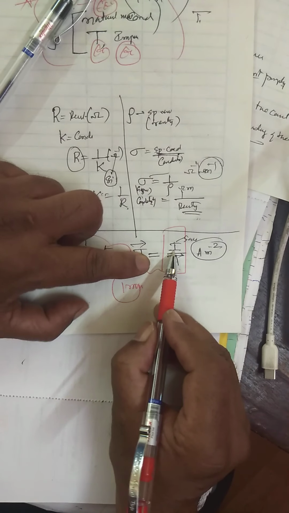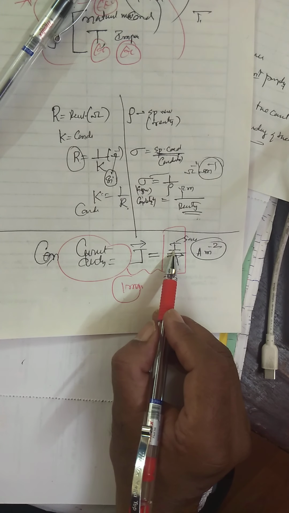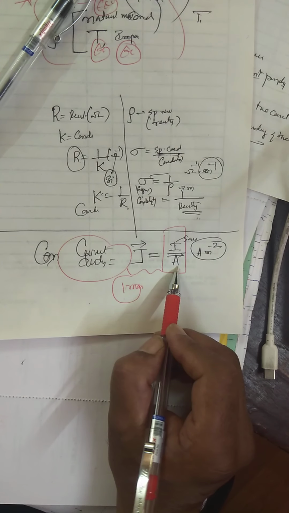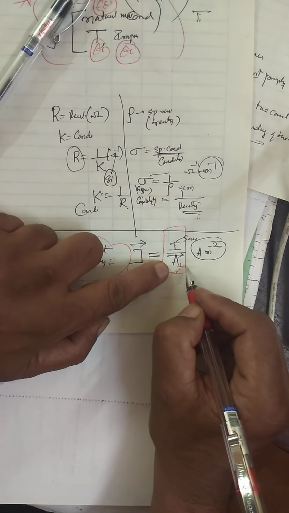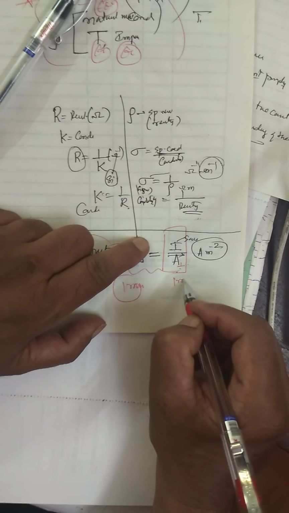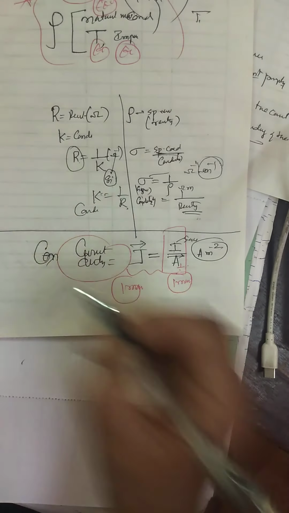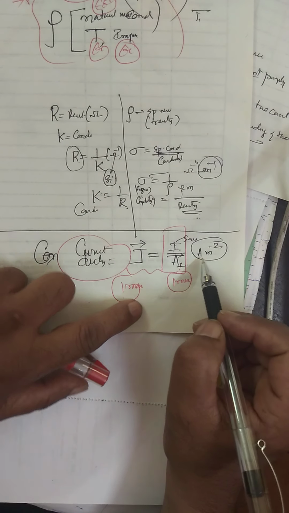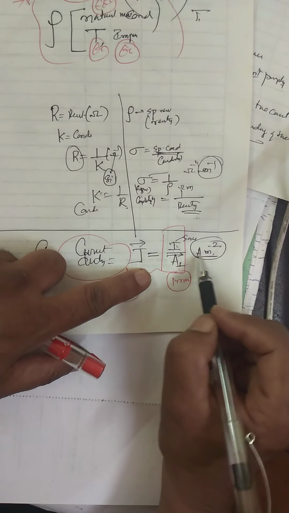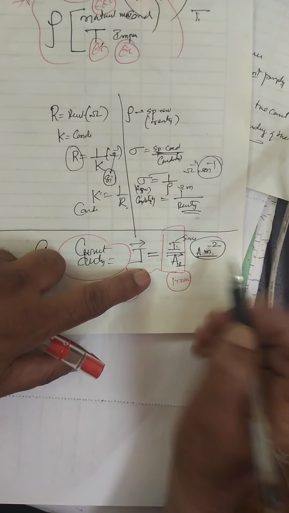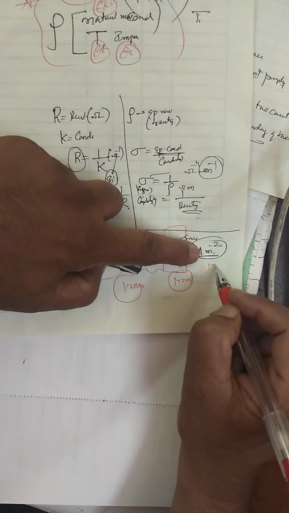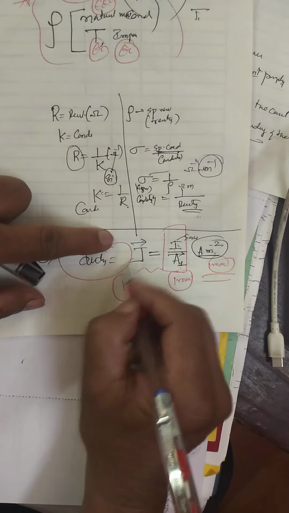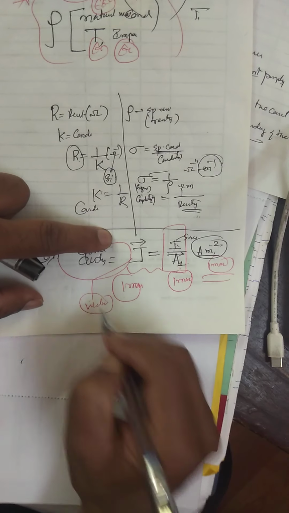See, this is current density, 1 mark. Definition is the ratio of current per unit area taken normal to the direction of current. This is 1 mark. This phrase, area taken normal to the direction of the current. Then again, what is the unit? Ampere per meter square. Current is ampere. Area is meter square. This is also 1 mark. See, 3 marks you will get. Current density is again a vector quantity. This is another 1 mark.